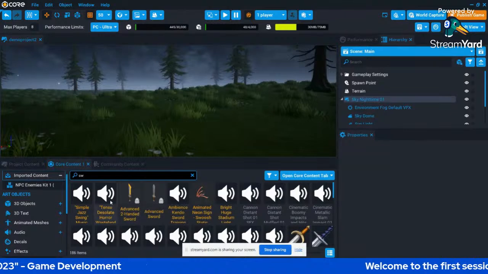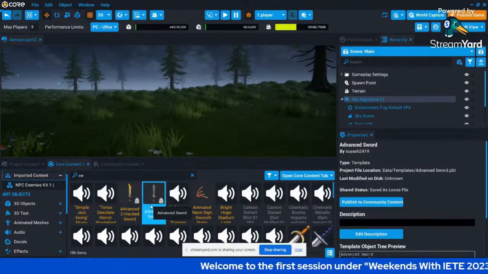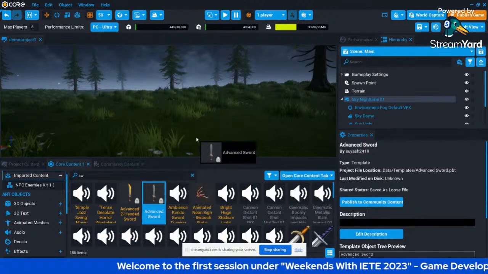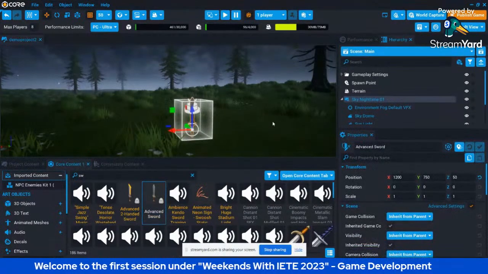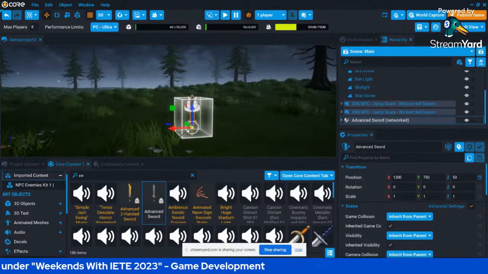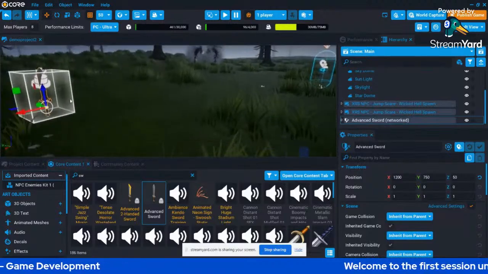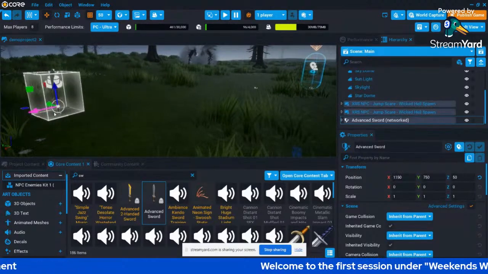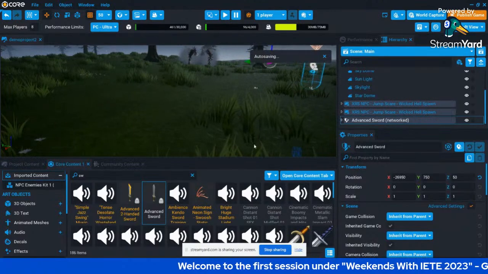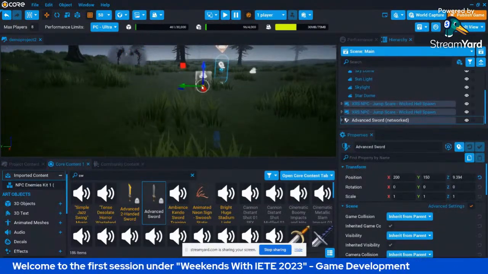Take this sword. So this is my sword. I'll have to place it near the spawn point of my character. Simply translate it to the spawn point of the character.